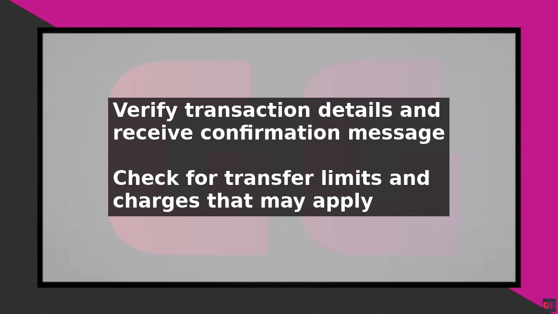To avoid any issues during the transfer process, ensure that you have a stable network connection and that your phone has enough battery life. It is also essential to keep your PIN confidential to prevent unauthorized access to your account. By following these steps, you can easily transfer funds from your Ecobank account to another account using the USSD service. This convenient service allows you to initiate transfers anywhere and at any time, providing you with greater control over your finances.